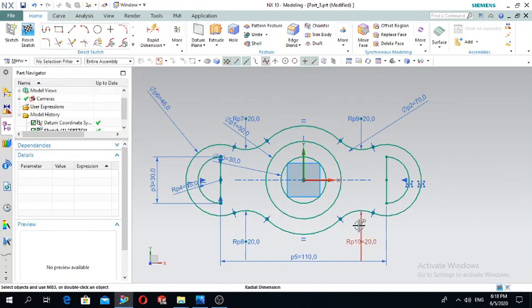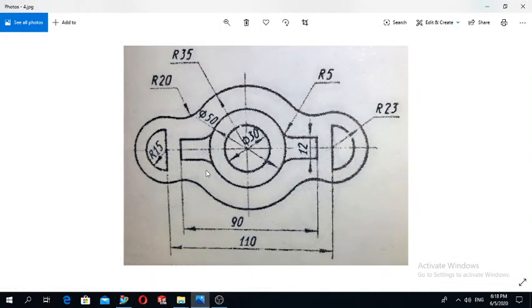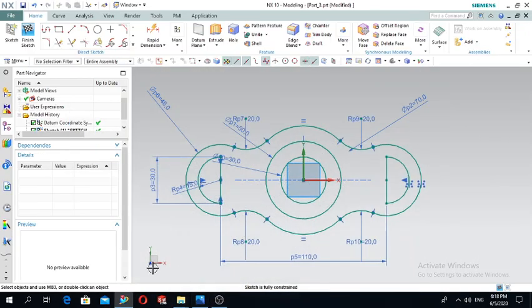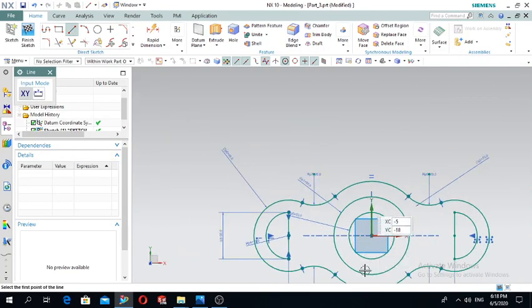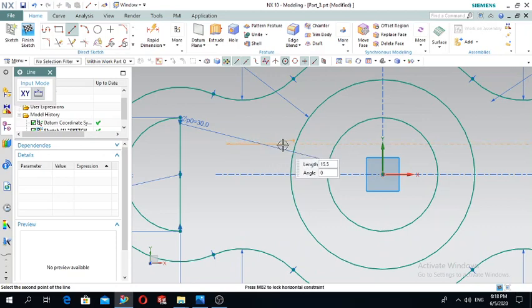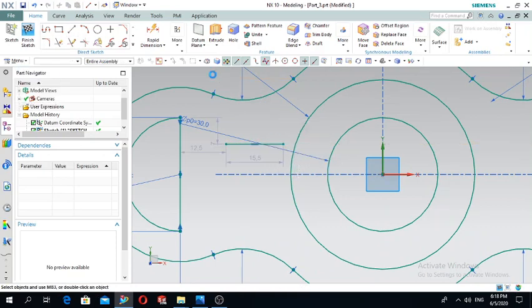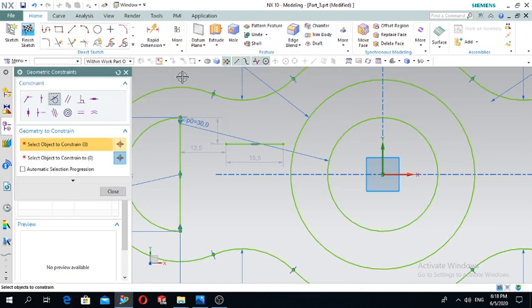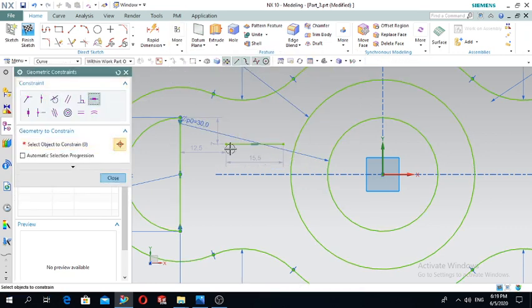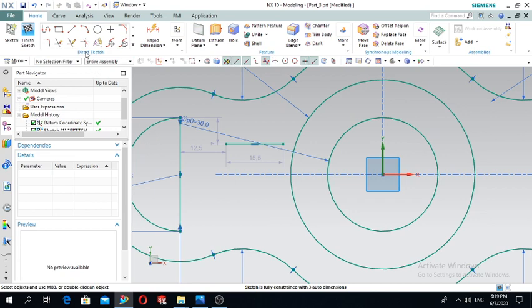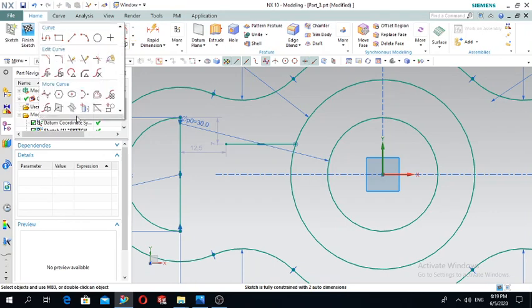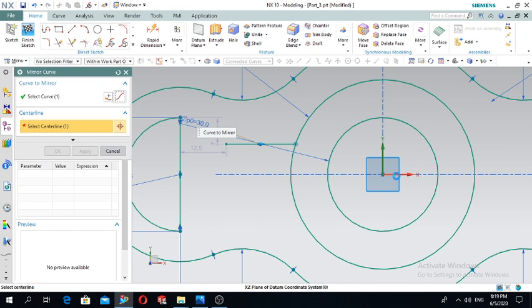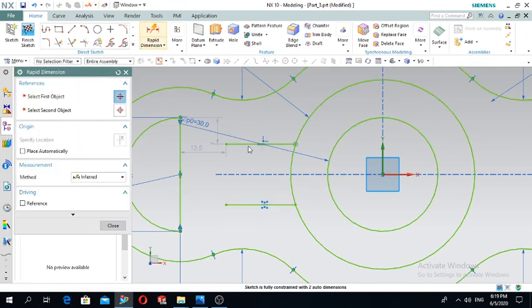So this is the picture, and we need only these two parts with the width of 12. So let's make it. Firstly, for example, we can draw a line and check its constraints, horizontal or not. Okay, it's already horizontal. Okay, let's quick extend this one and make it mirror along this center line, and define the distance,